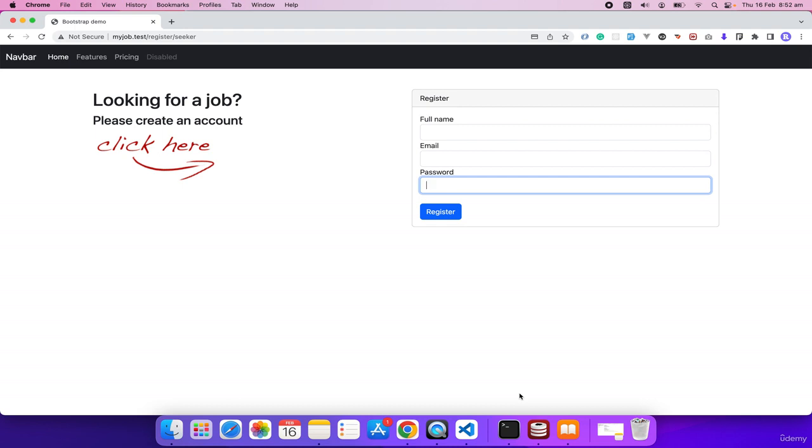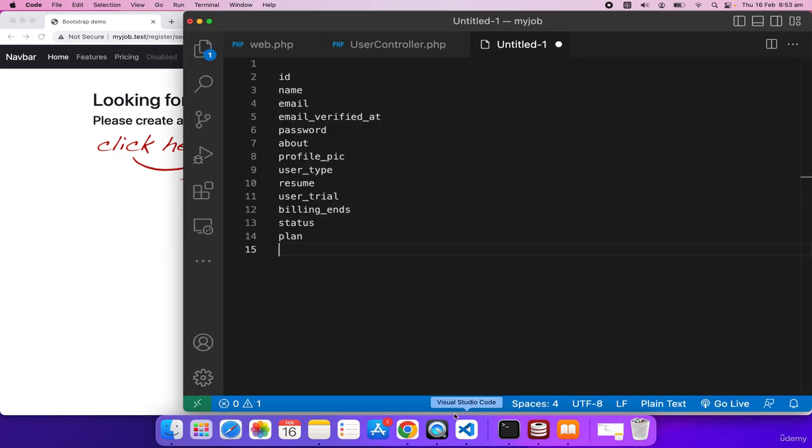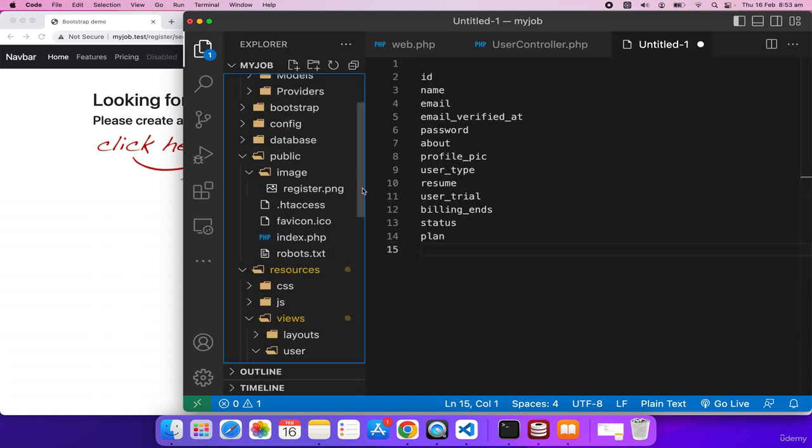Welcome back. In the last video we made this beautiful design for the seeker registration. We made some routes, we also made a controller, and we have written a view. Now it's time to make a users table. Laravel by default gives you the